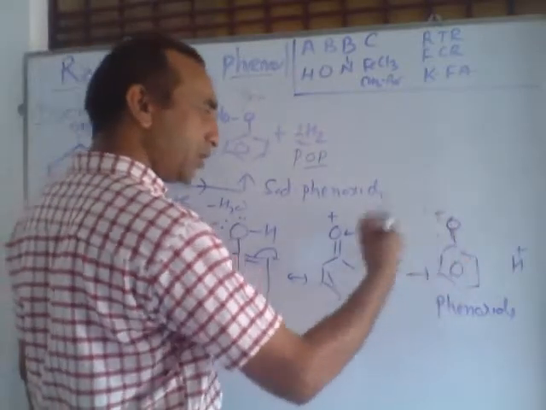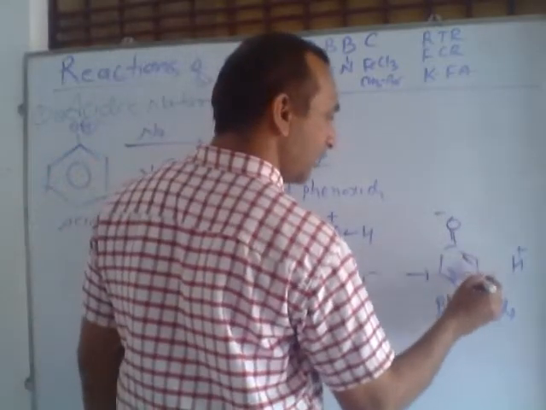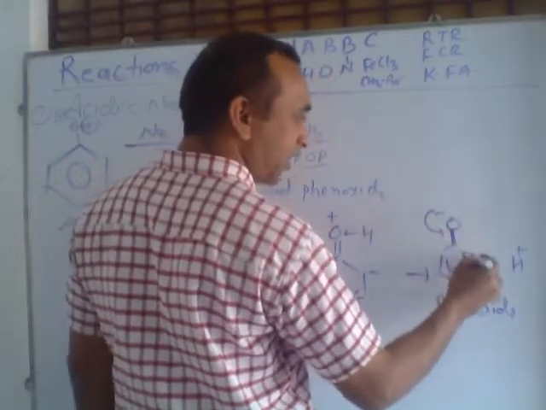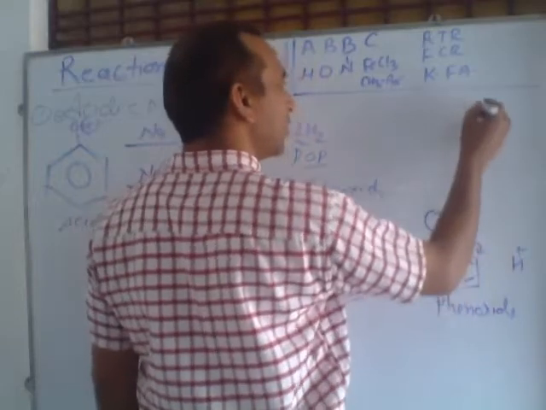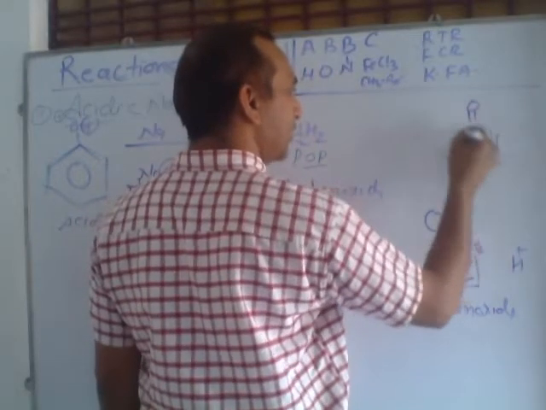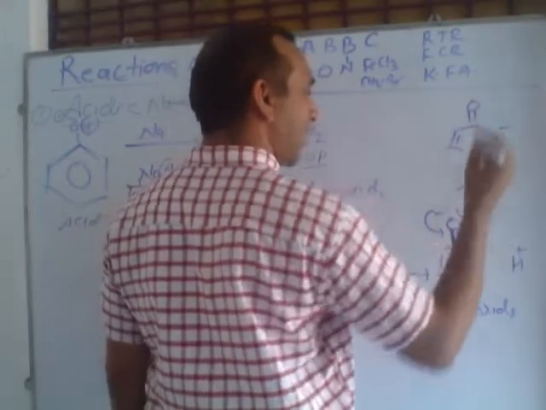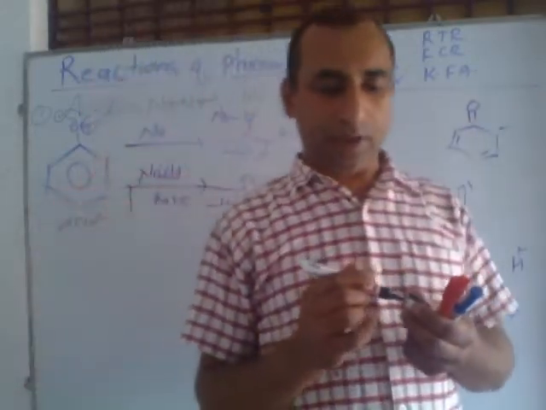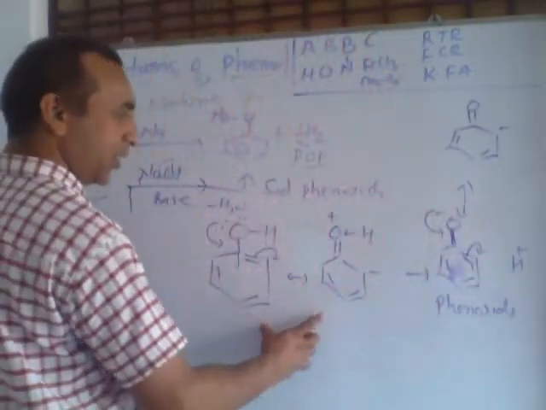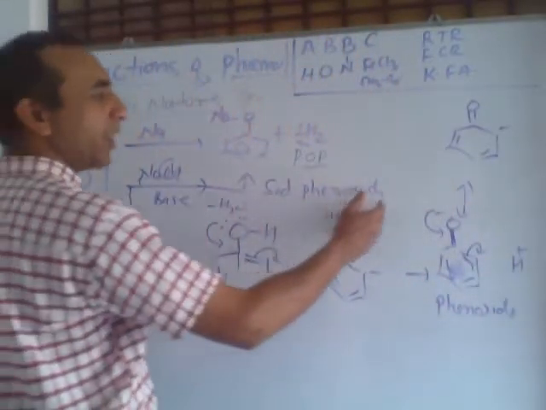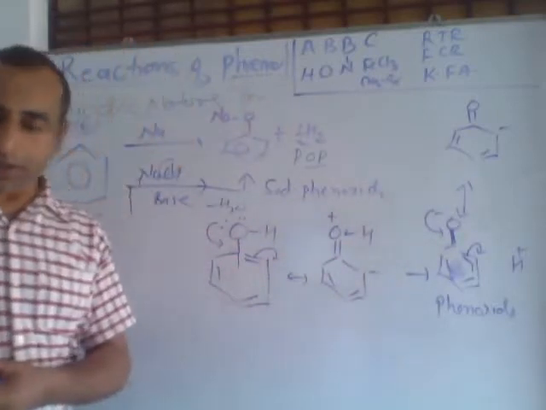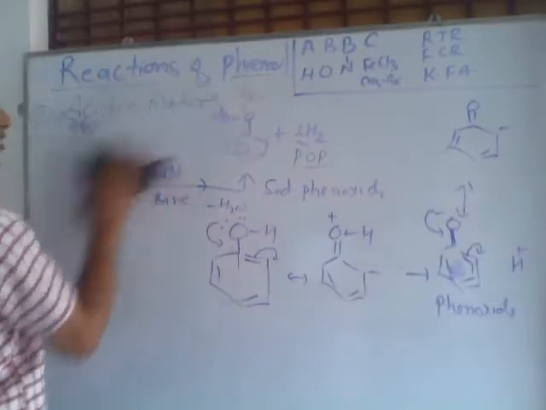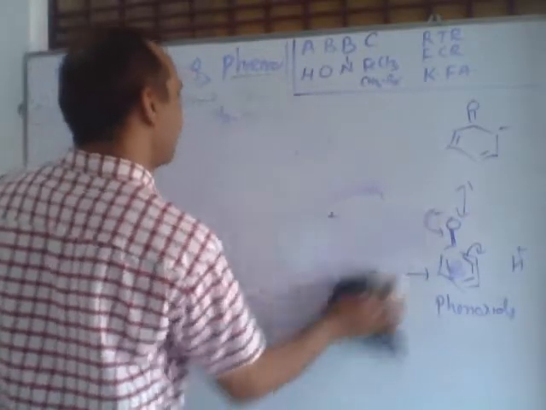And phenoxide ion is also stable due to resonance. In phenoxide there is also resonance, double bond, single bond. This minus sign goes inside the ring and comes here, O double bond here, this type of structure. So this is the resonance in phenoxide, which provides stability to this ion, and this is the resonance in phenol. It helps to remove the hydrogen ion. And in the exam they ask different factors which increase or decrease the acidic nature of phenol.